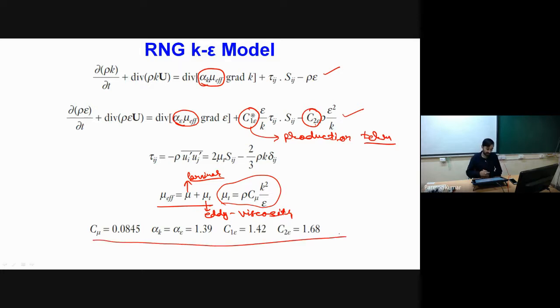So this type of modification is referred to as the RNG K epsilon model, and this is also done in order to limit the value of epsilon in the near wall region. So when we use this particular model, we need not use any special treatment of the wall based on the theoretical turbulence model. Here we can simply integrate these K and epsilon equations for our entire flow domain. Okay, so we need not do any special treatment of the wall.